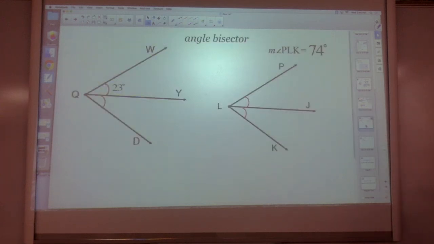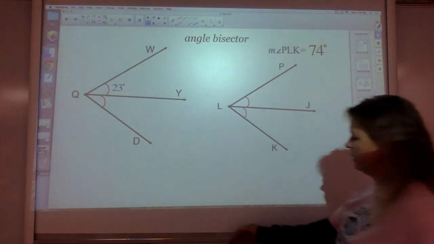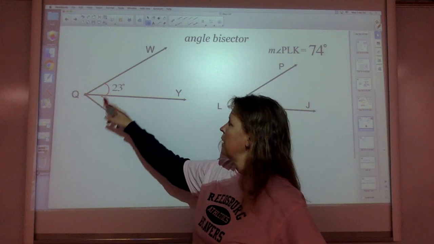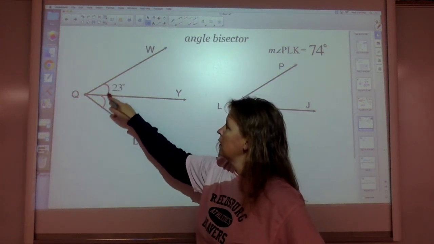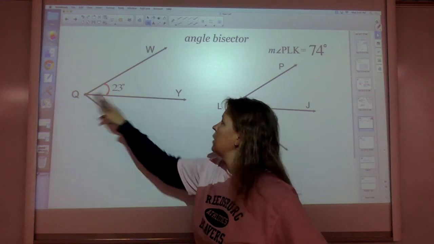Much shorter problems, just talking about angle bisectors and recognizing the notation. Go ahead and pause it and draw these two. Okay, come on back. Remember that the arcs mean that those are congruent measures. Since they wrote the 23 right in here, that's the measure of angle WQY,